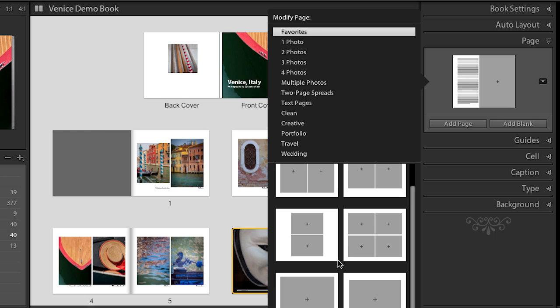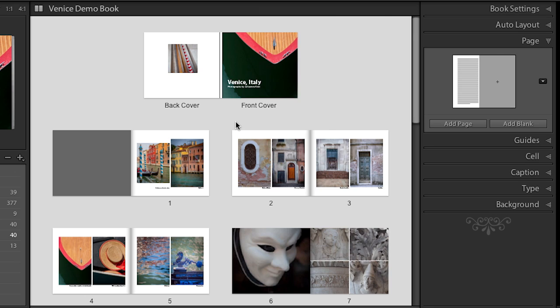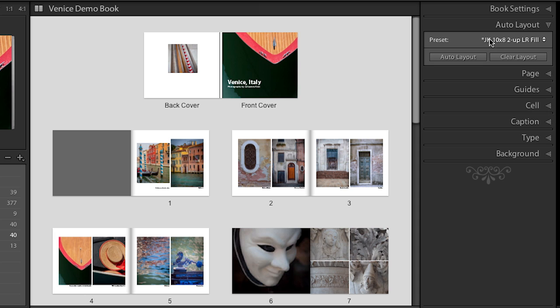If you wanted to remove a layout from your favorites, you just right mouse click and remove the layout from the favorites. Again, don't click on it, right mouse click, or if you're on the Mac, you can control click to remove that from your favorites. So that's going to be really helpful when you're applying different templates to your images while you're here in this view. But don't forget, when we first started creating our book, when we went to auto layout and we changed our preset,